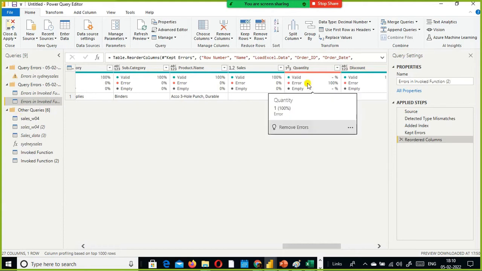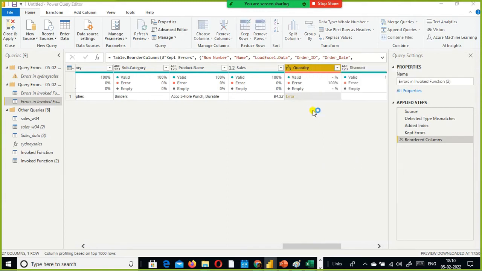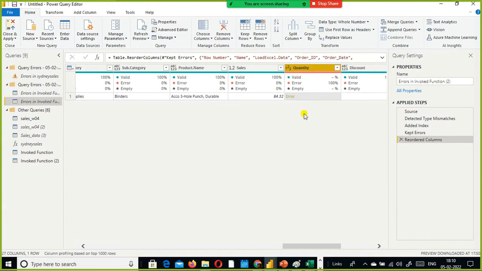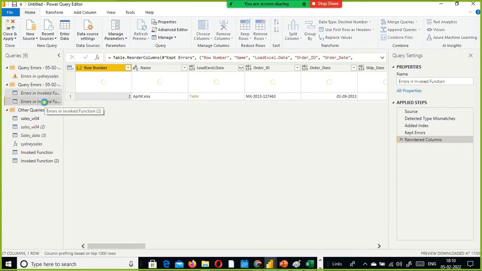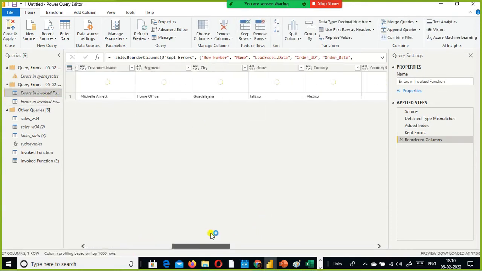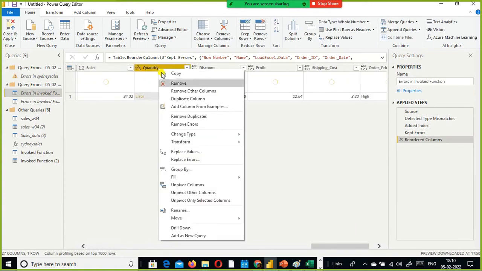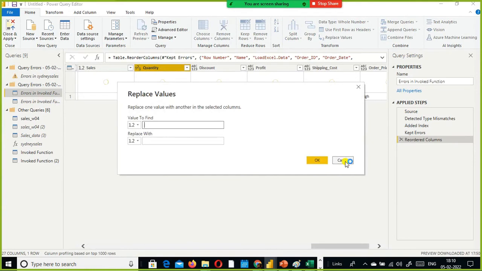So before that what I do is I simply go and for the time being replace errors by 0. No, anyhow I am not going to do anything with this. Okay, so we have 2 errors because of this data type issue. Either we can replace, if you know the value you can replace it here itself. Probably you can check for this record what is the value, you can replace that value here. And if you do not know the value, then you need to address this issue.